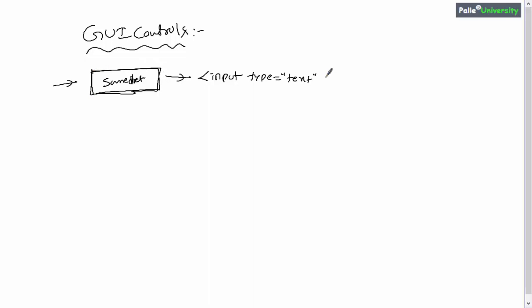for each and every control it is highly recommended to give some ID. Usually a unique ID should be given, right? So when you are creating the text box, as per industry standards, it is better to give the prefix TB. TB refers to text box. Assume that I have created this text box for taking some name, so it is recommended to give the ID as TB name.